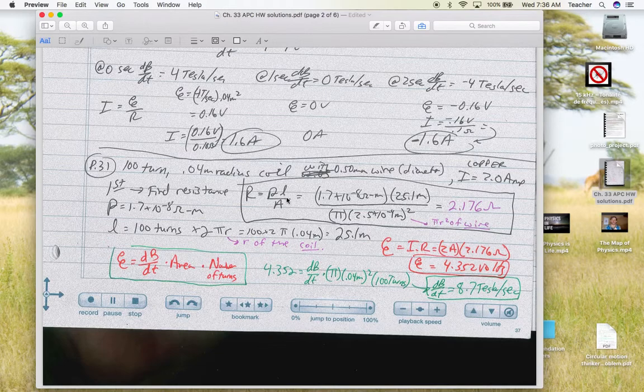The length of the copper wire, not the length or the radius, like length of the coil, but the length of the copper wire. So the coil itself was a 0.04 meter radius. So if I think about going around the coil,